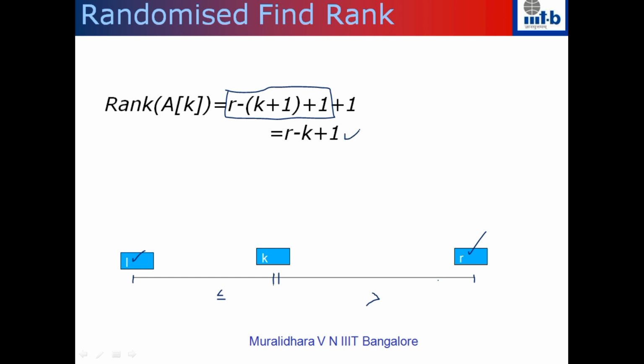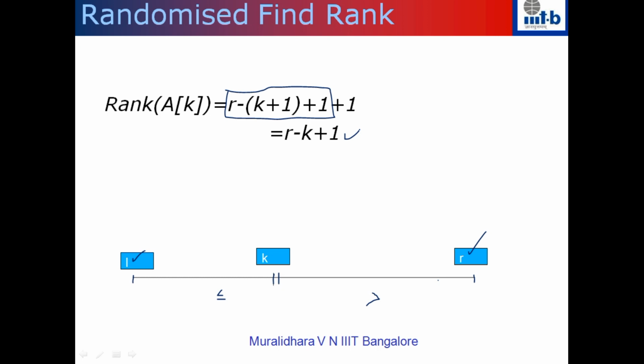So we first pick a random pivot, partition with respect to that particular pivot, and you get a k. The rank of this pivot is r minus k plus 1, and if this is the rank that we are actually looking for, then we return k. Otherwise, if the rank that we are looking for is smaller than the rank of the pivot, then the number we are looking for is on the right hand side. If you want a number whose rank is smaller than this, then that number has to be a bigger number, so it has to be on the right hand side. So we will go and search in the right hand side.